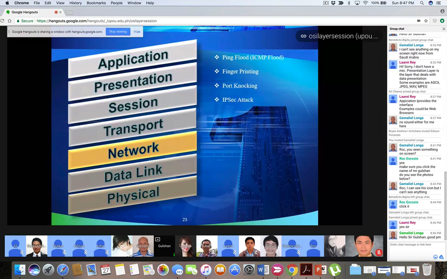Port knocking is a technique which is used, for example, in one of our companies. What do we do? All ports are closed. If you try to ping, you will not get any response. But there is a combination of ports. If you ping in a series, let's say 80, 443, 587, 21, then it will open port 500.